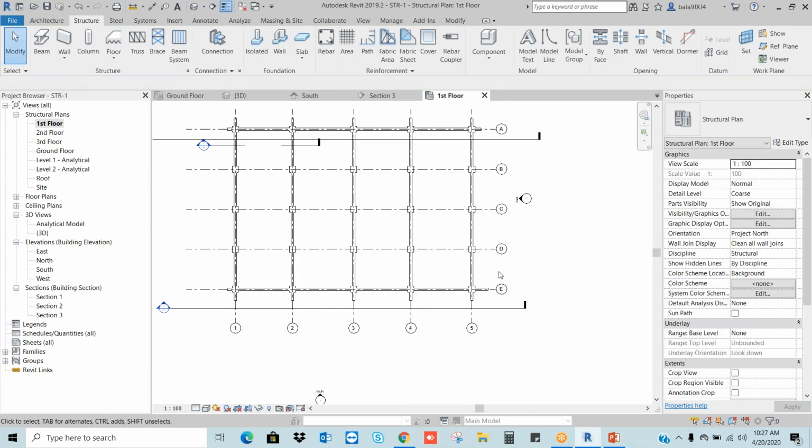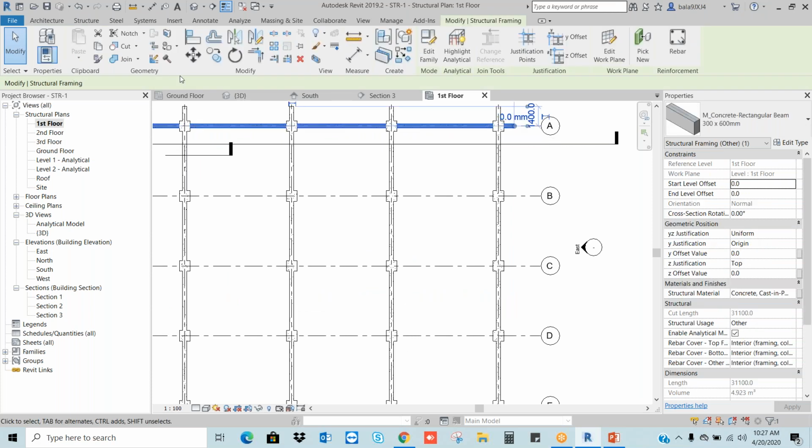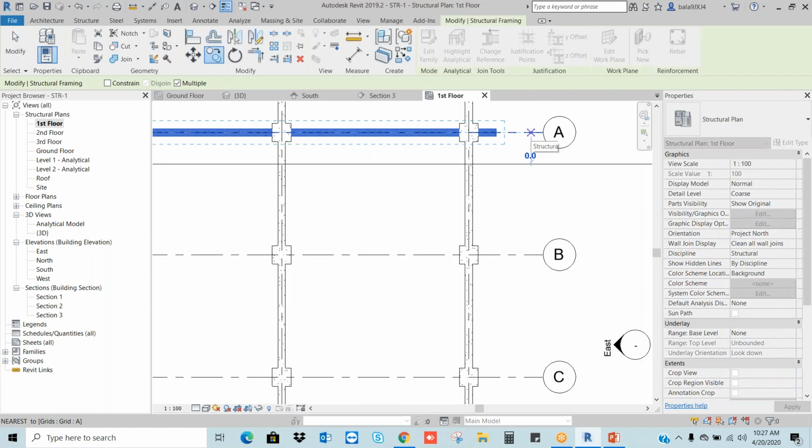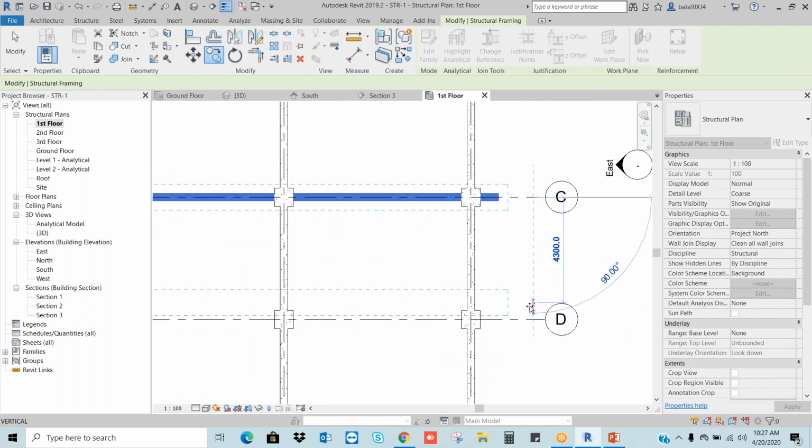Can you see? I want to copy, I want to delete it to maintain the uniformity. I will take this column, go to the copy, first point, 1, 2. Remember, see, if you are getting this double headed magenta color arrow means it's a parallel. If I move mouse to the side, I'm getting the cross symbol. Okay, it should be straight, double-headed arrow symbol, and if you see the angle 90 degrees.